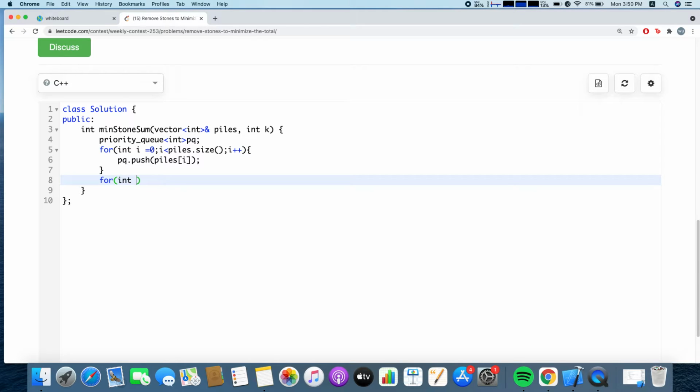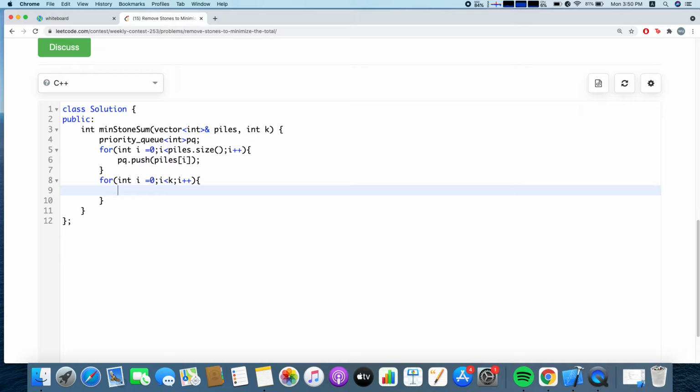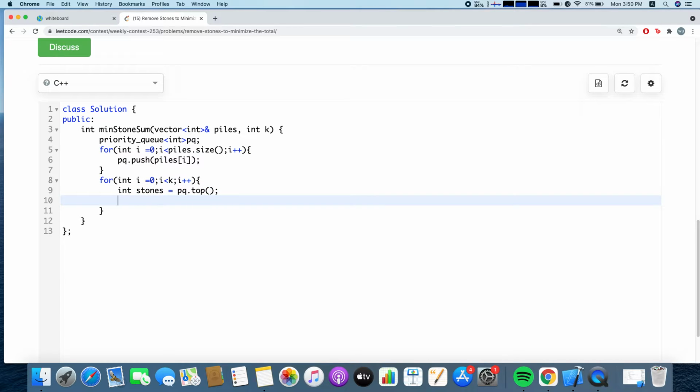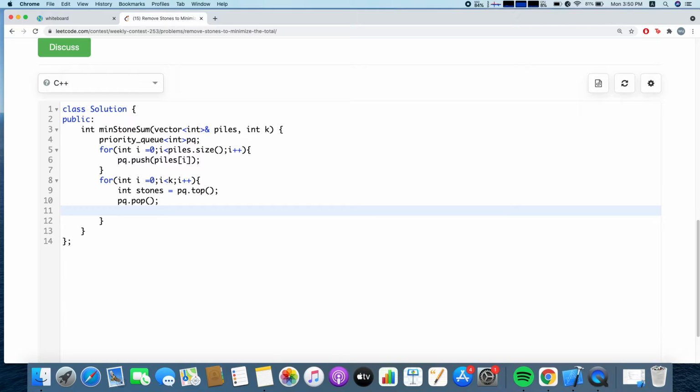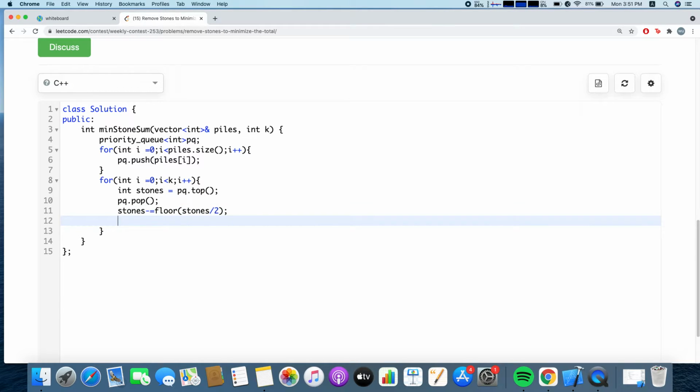Okay, next, looping k times, because we're going to perform this operation k times. So each operation, what we're going to do is take the stones at the top from the priority queue. Then after that, we are going to pop it out of the priority queue, and then we will remove half of it. So floor of stones divided by 2. Then we will just insert it back into the priority queue. So after it has done k operations, then we are basically done, and then we just have to count the